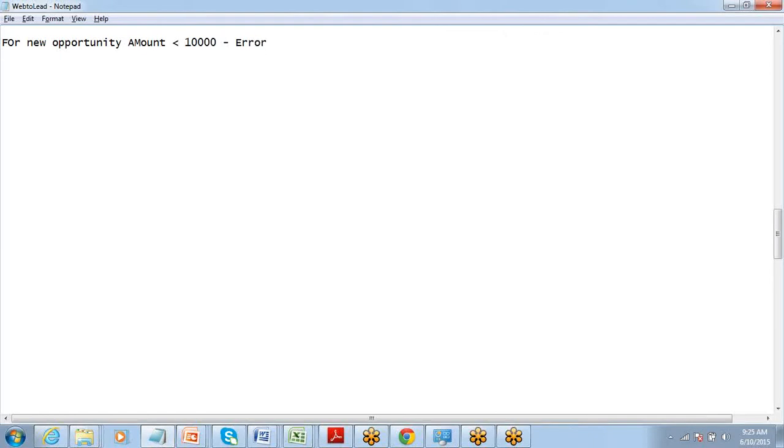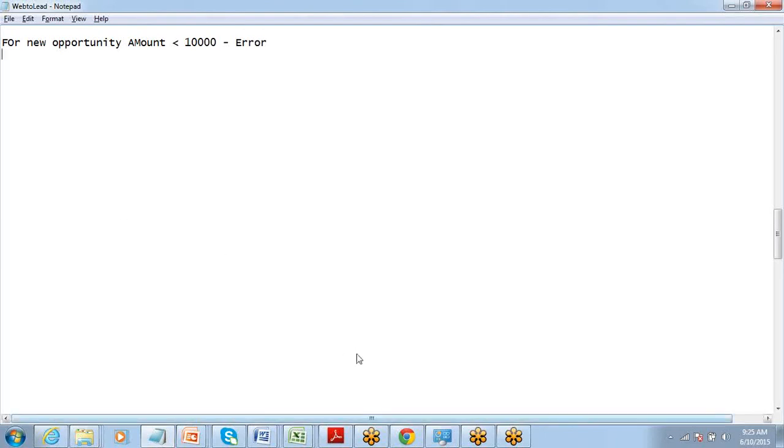Now I just want to put a slightly different logic. I want a logic where if it's a new opportunity and amount is less than 10,000, then it should throw error. But if it's an existing opportunity and amount is less than 20,000, then it should throw error. Got it? I can have different logic for new records and for existing records. So for an update operation, the minimum amount I want to allow is 20,000. For an insert operation, the minimum amount I want to allow is 10,000.